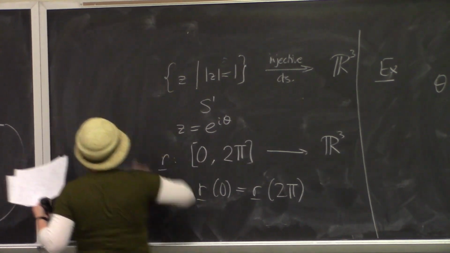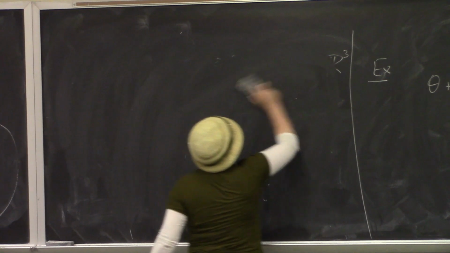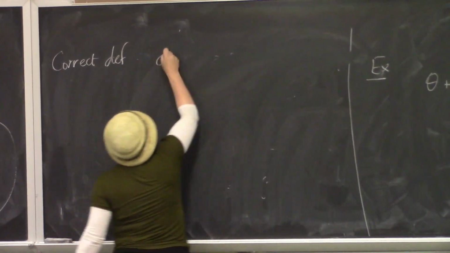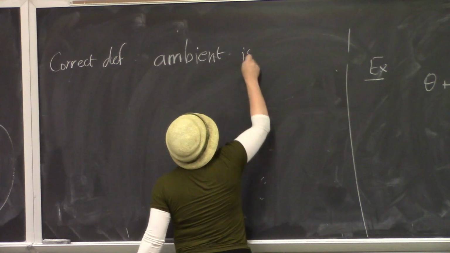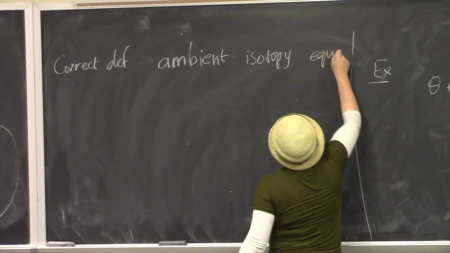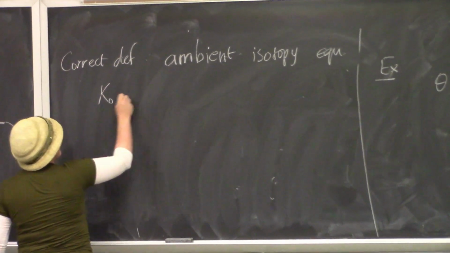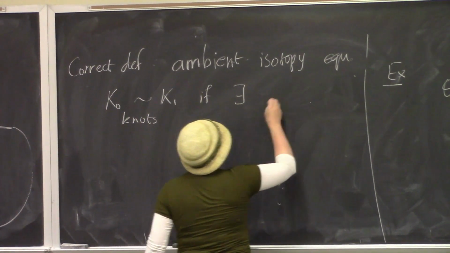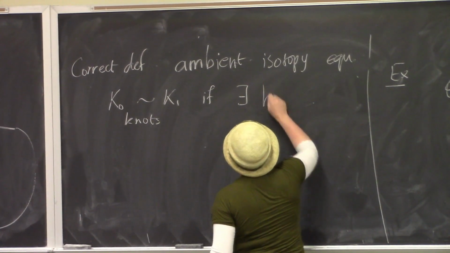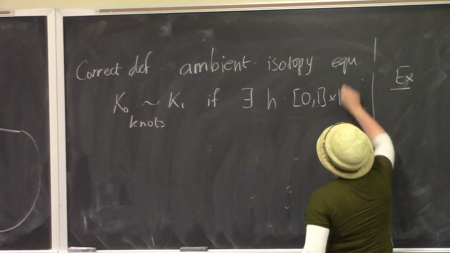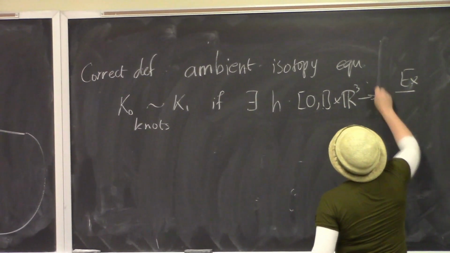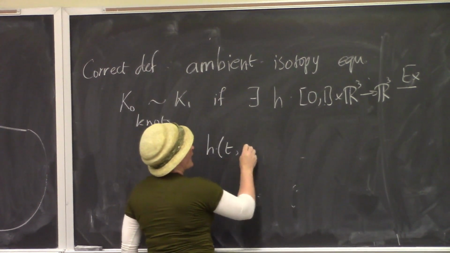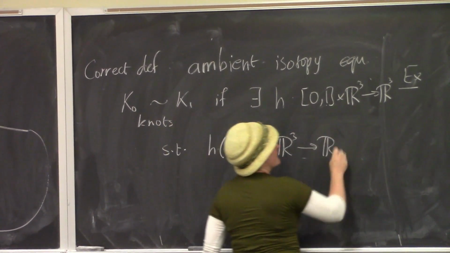Then you have the definition of equivalence of knots. So the correct definition is what's called ambient isotopy equivalence. So you'll say that K0 is equivalent to K1, these are two knots, if there exists an ambient isotopy H, from [0,1] cross R3 to R3, such that at any time, H at time t, which is now a map from R3 to R3, is a homeomorphism,